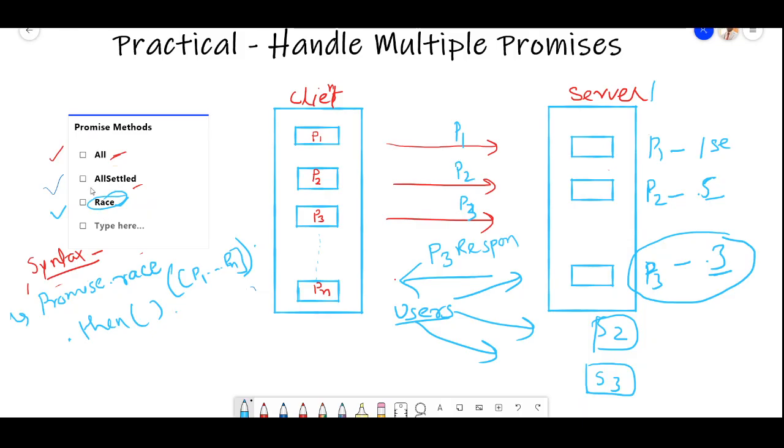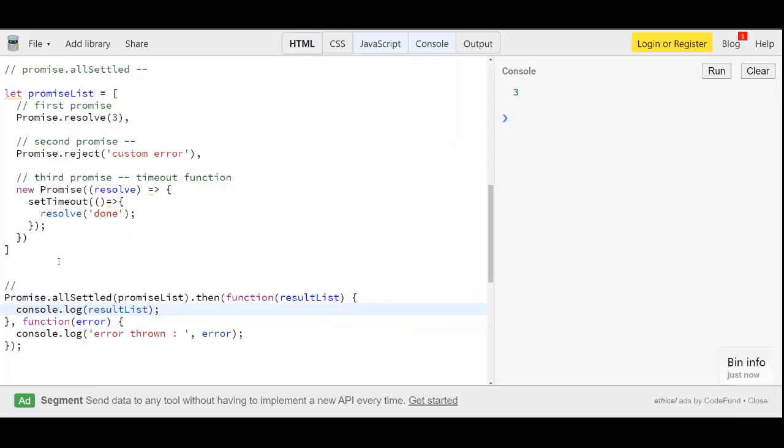Go to the diagram. What allSettled says is, even though any of the promises gets failed or rejected, it will process all the promises, and after that it will return a result respective to each promise. For example, if we have P1, P2, P3, three cases, even though P2 failed, it will return the responses corresponding to the promises.